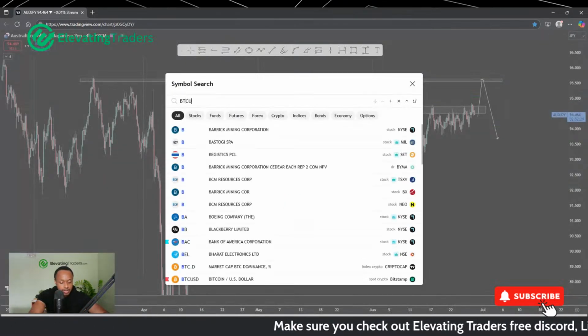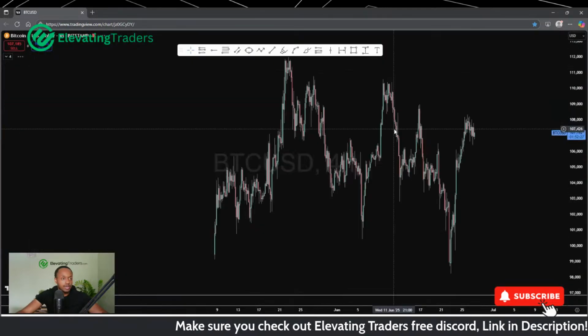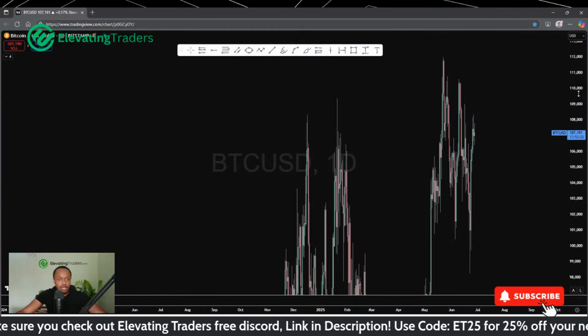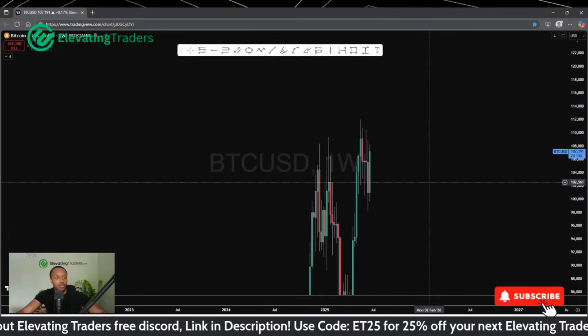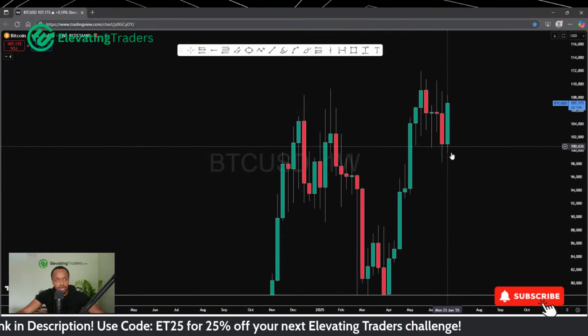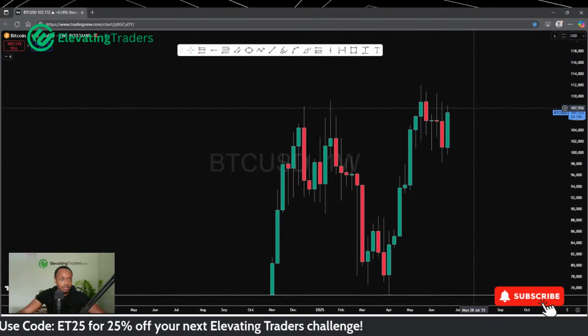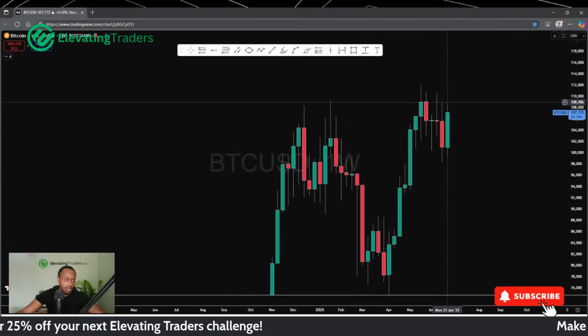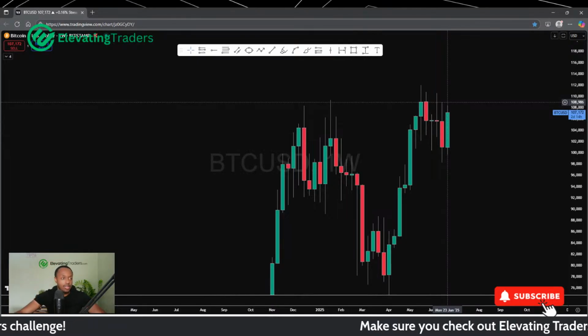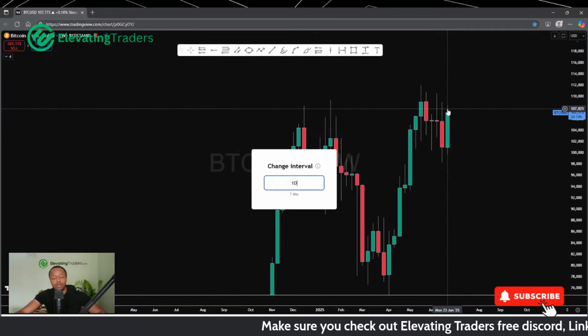In terms of BTC, Bitcoin has been interesting. We've been pretty bullish for this week anyway. Look at the weekly chart. We are about to close to the upside here, or at least we are for now. Bitcoin doesn't close until Sunday, so things can still happen between now and then. But for the most part, we are looking pretty bullish.